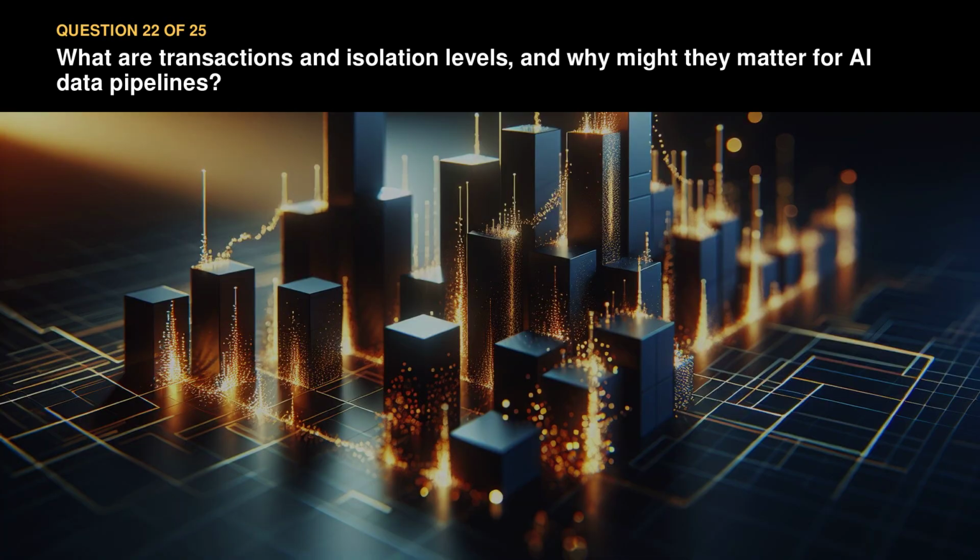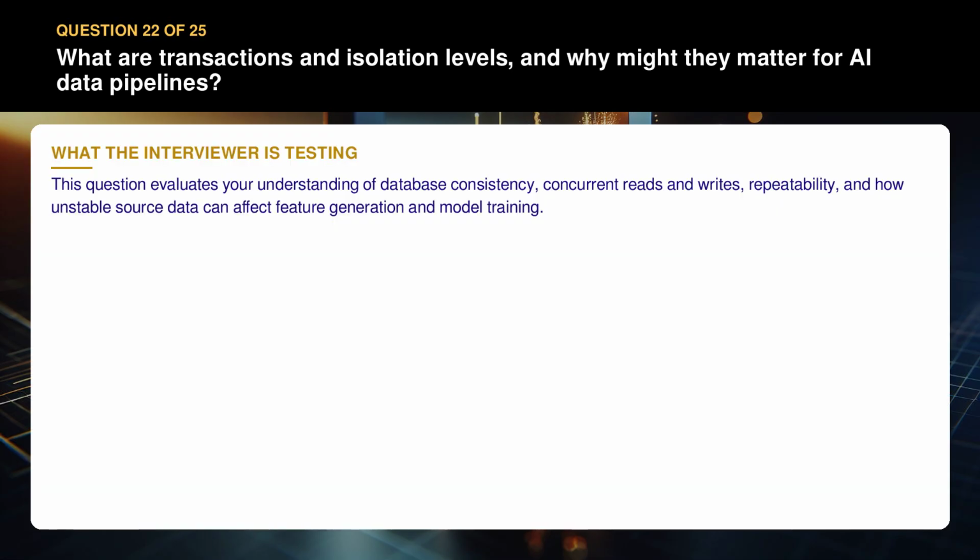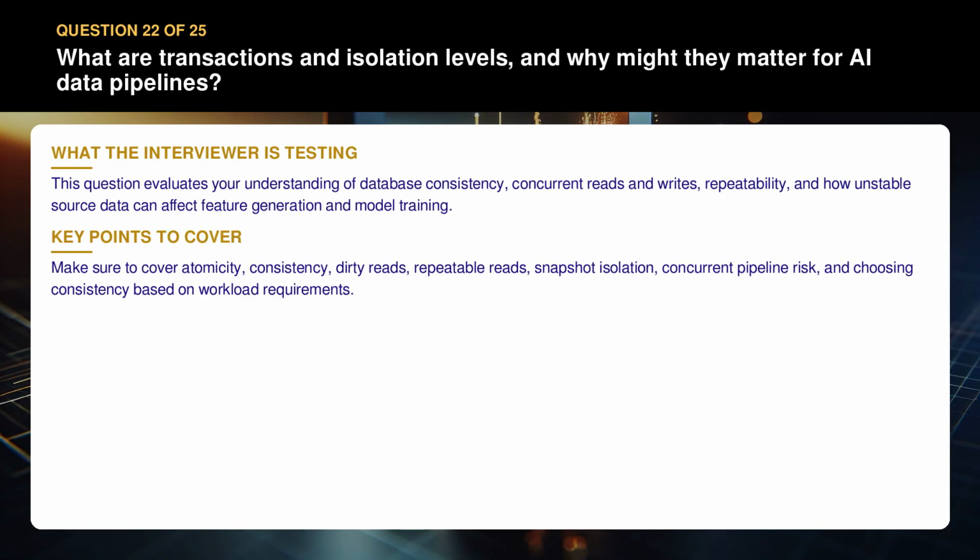Question 22. What are transactions and isolation levels, and why might they matter for AI data pipelines? This question evaluates your understanding of database consistency, concurrent reads and writes, repeatability, and how unstable source data can affect feature generation and model training. Make sure to cover atomicity, consistency, dirty reads, repeatable reads, snapshot isolation, concurrent pipeline risk, and choosing consistency based on